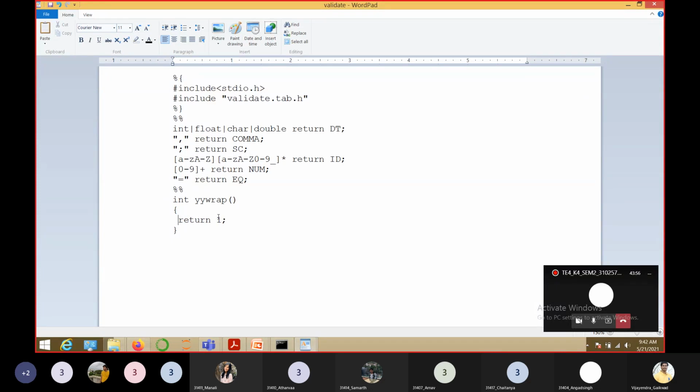If it ends, yywrap is going to return 1. If the input has not ended, then yywrap returns 0. It keeps returning 0. This is the use of yywrap. Okay, fine.